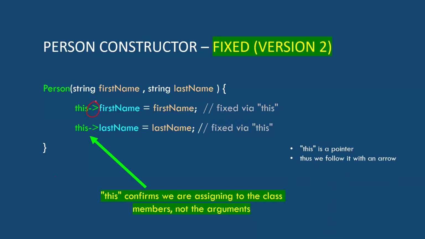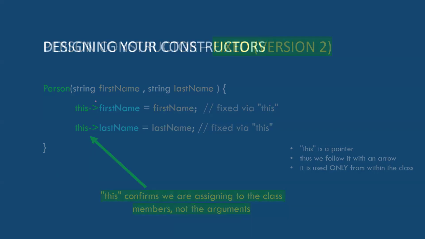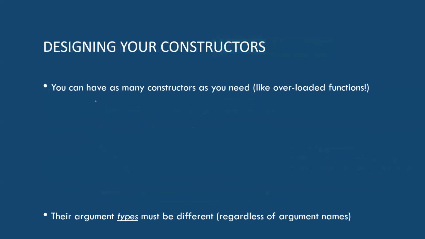So that gets us into the box, and now we can reach in, grab the first name or the last name or some method that we actually want, okay? So we really only ever use this when we're inside of the constructor or inside of a method. It's the only time you're ever going to see it, okay? You can think of that robot arm building the instance of the robot. That's what it's actually doing, okay?